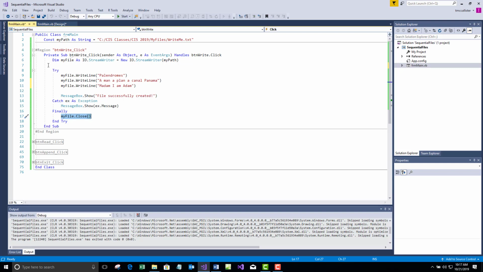So finally runs regardless of whether try is successful or it throws an error. It's going to run at the very end, and that's where I'm going to close my file object. Now my file is of type StreamWriter, and these are methods, right? If I come up here and write my file